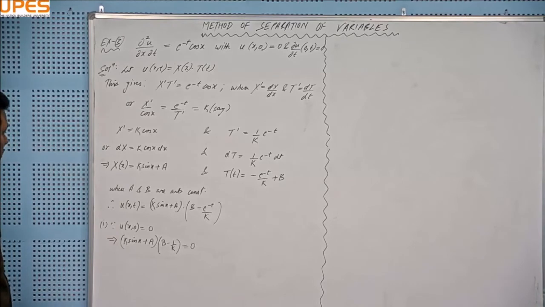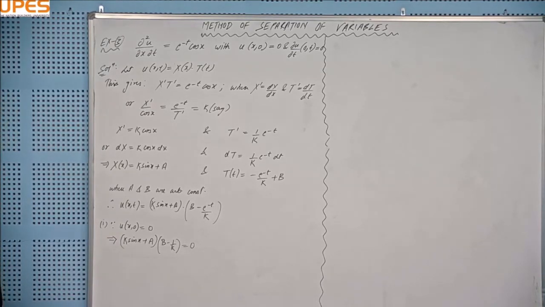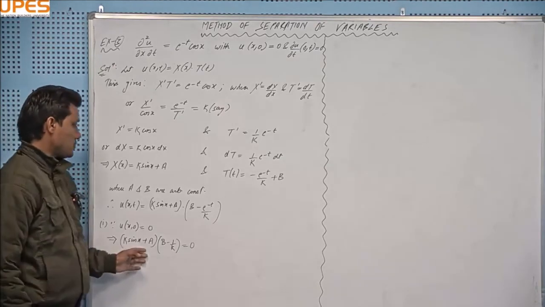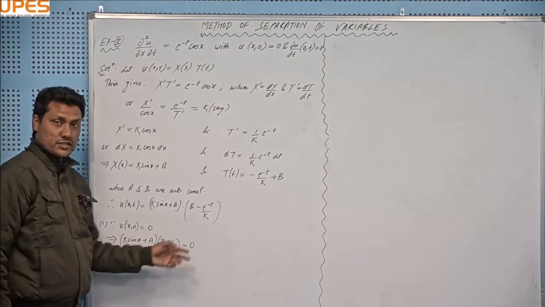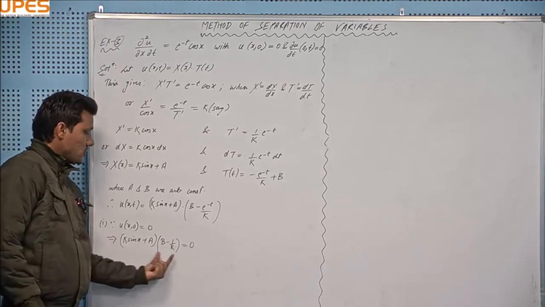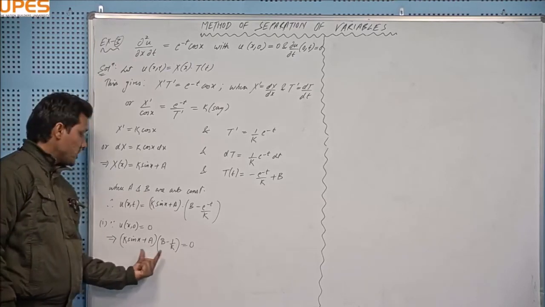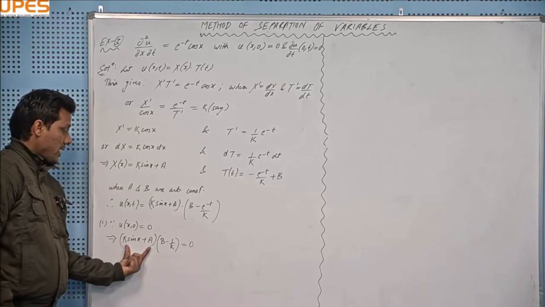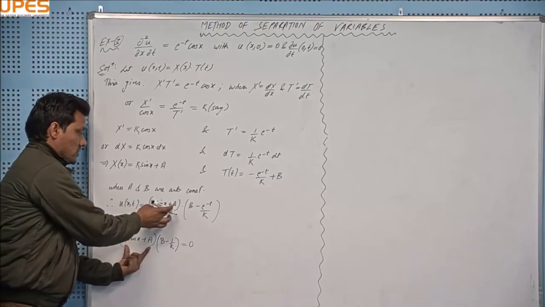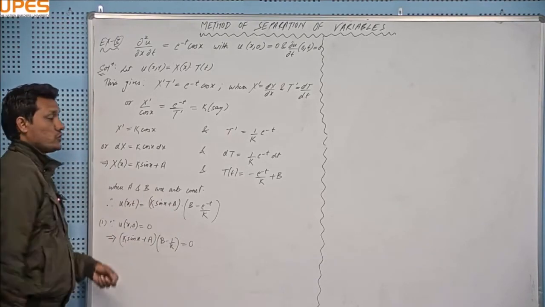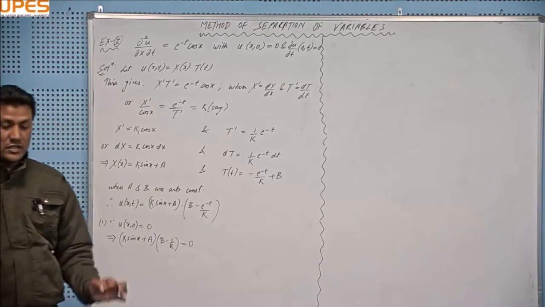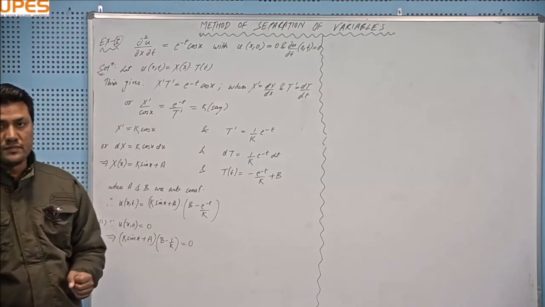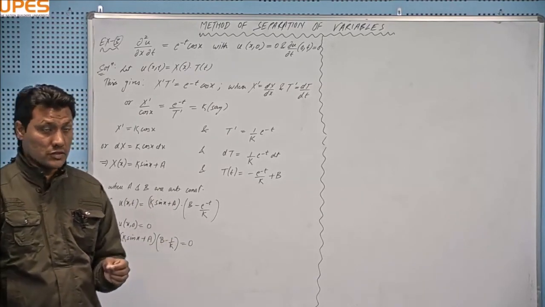Now here comes the important point, that since the product of two functions is equal to 0, either this will be 0 or this will be 0, right? If you take k sin x plus capital A equal to 0 and substitute that here, then that will produce u equal to 0. That is a trivial solution, and we are not interested in the 0 solution,